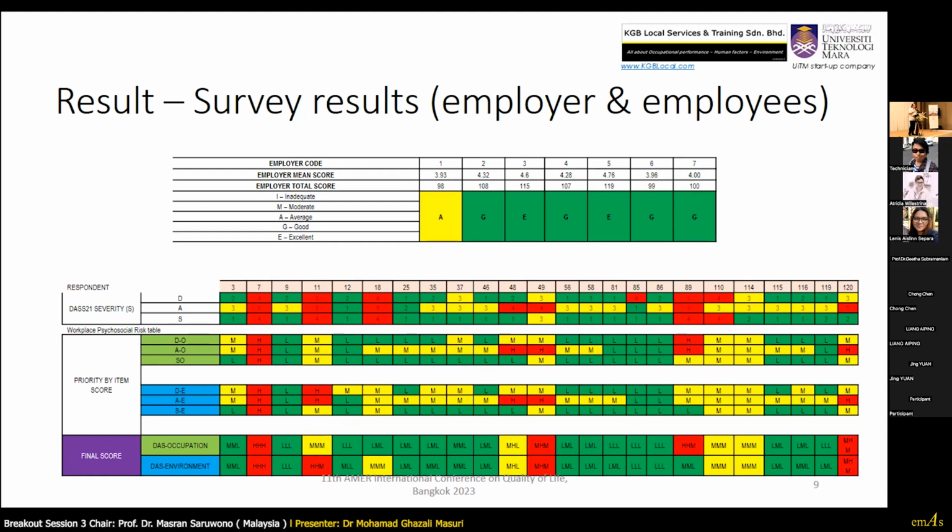So this will help the employer as well as the medical officer to screen who are the persons who fall under the category of high risk, medium risk, or low risk. Generally green is low risk, so no action is needed. But using this new table, even though you have hundreds of workers, you can easily look at the red color first, followed by yellow, and later on green. So this is the third update that we want to share with all of you.